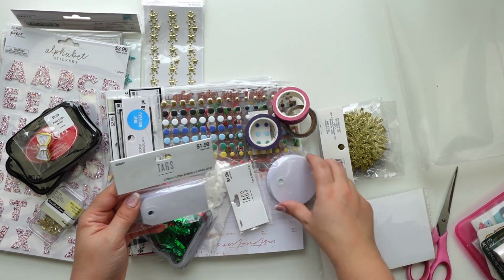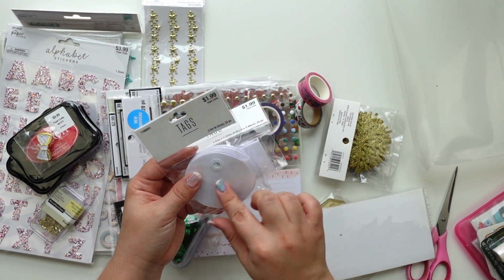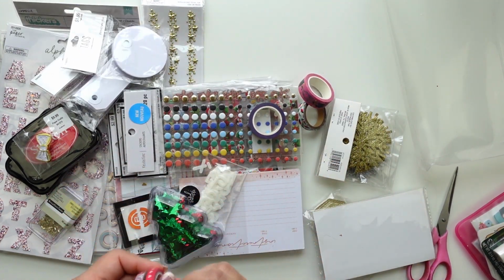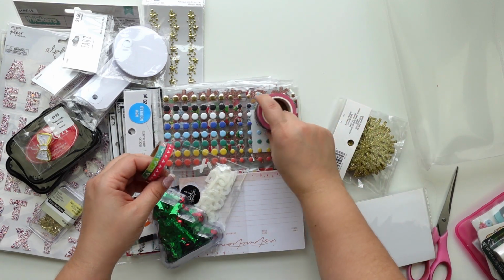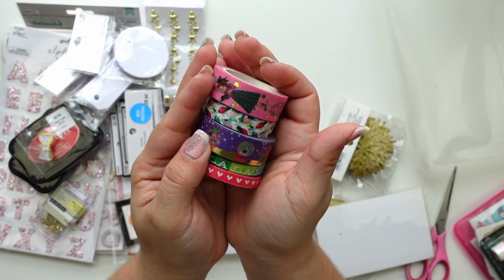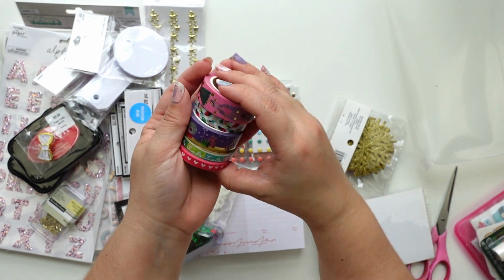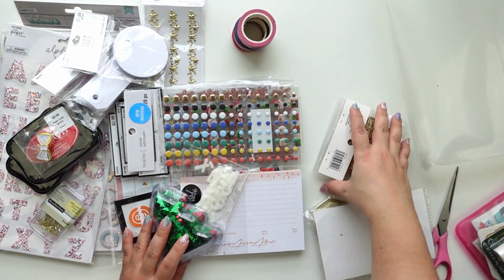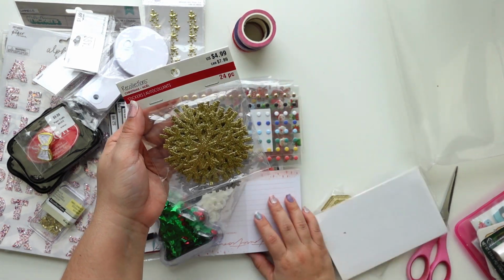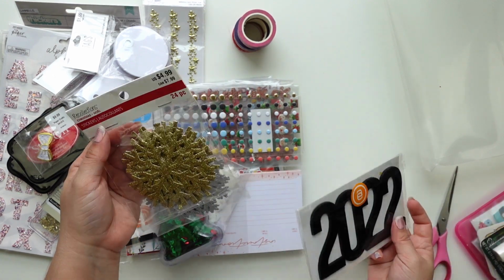So cute. I love these circle ones, and you can put a photo. And maybe I have an idea for this, for the ornaments. When she sent washi, you guys know I love washi, and it's a miracle I don't have any of these. Oh my god, they're so pretty. They're so cute. Love it. Oh, this is so cool. I love these. And my Michaels never has cool scrapbooking stuff like this. So thank you, Jen, because Michaels,